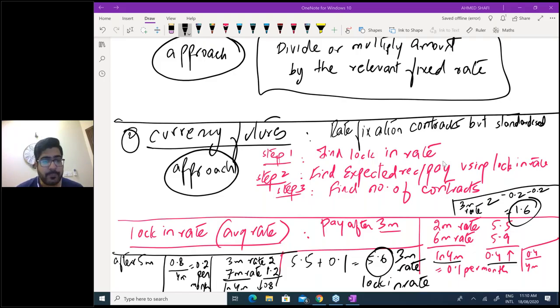So Nahida Noori, why are you just deducting 0.2 one time? Because your 3-month rate is 2 and you have to go to the 5-month rate, 2 more months. In those 2 more months, it's falling by 0.2 in each month. So if you just deduct 0.2 one time, it will only go to the 4th month. Once you deduct 0.2 more, then it will end up in the 5th month.